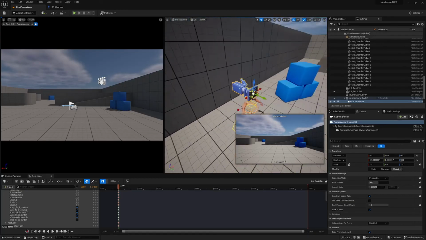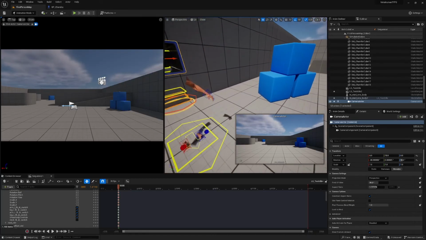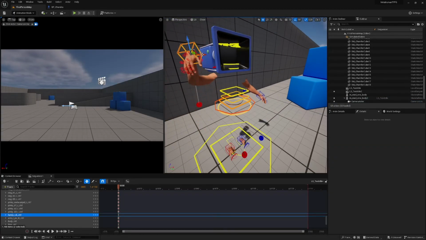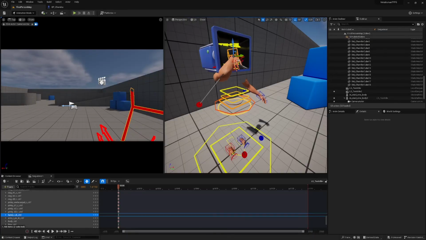And go through the same process of creating an animation. So grab the hands, move them up in front of the camera, get them into the right position, make a basic little idle animation,